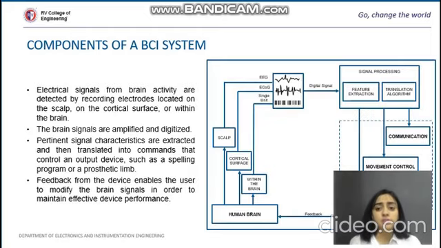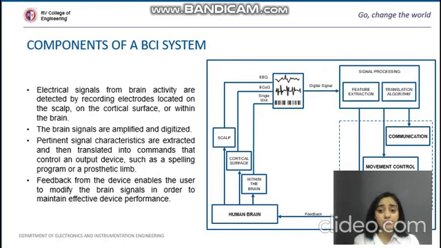So whatever we just discussed is explained in this block diagram now. The human brain, and then the three different procedures that are involved in extracting signals from the brain. One is the scalp electrodes, which gives us the EEG. One is the arrays which are placed in the cortex of the brain, which gives us the ECoG, and the electrodes placed within the brain, which can cover a larger region of the brain and extract signals from the larger region, which gives us a much simplified version